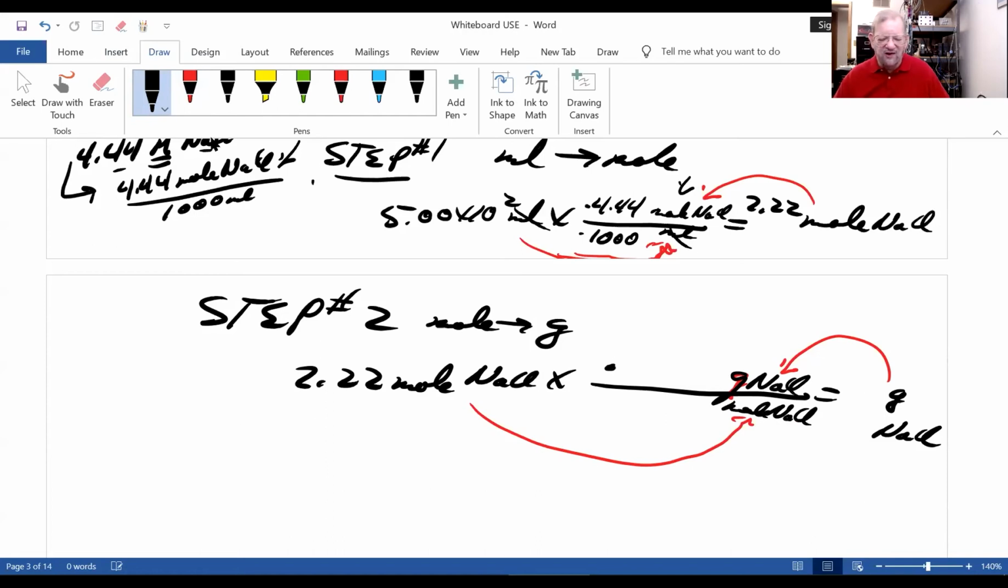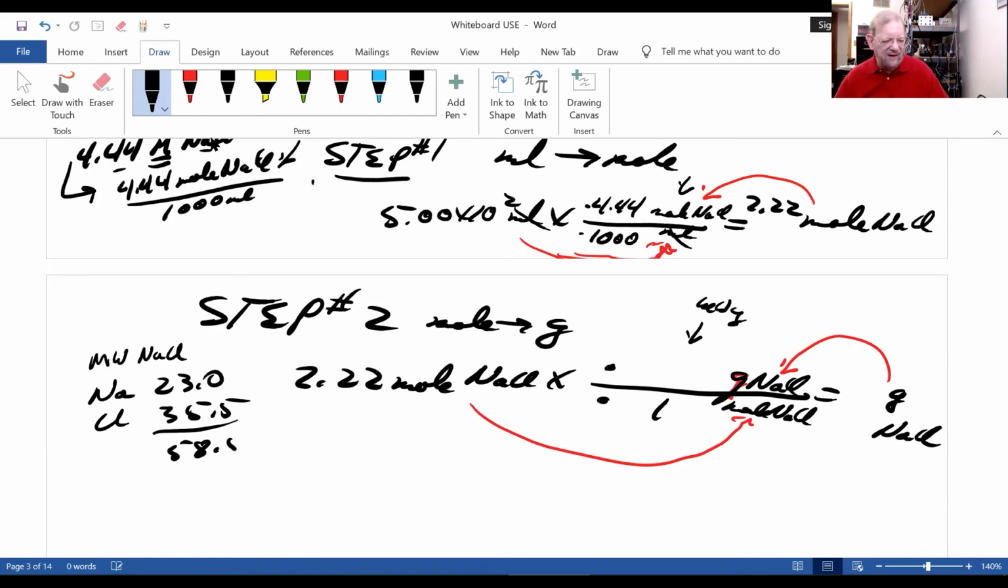And where do I get these numbers? 1 mole of a compound equals its molecular weight in grams. And the molecular weight is the sum of all atomic weights. And when I add it up, 1 past the decimal 1, here's my answer,